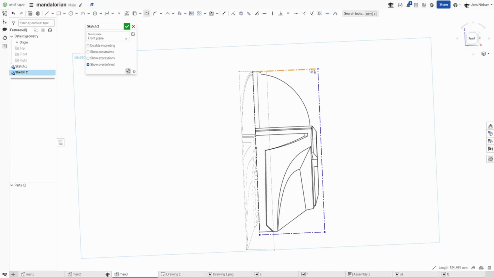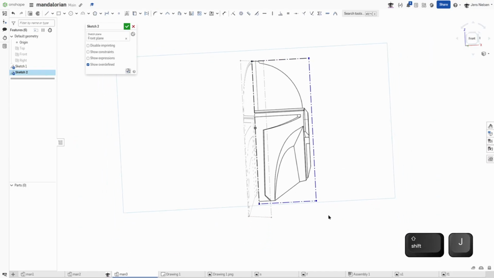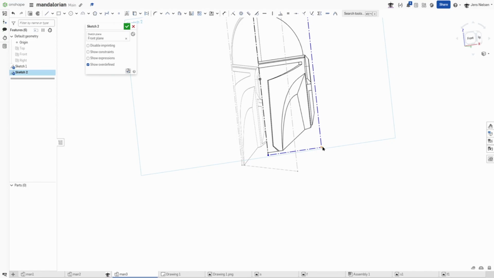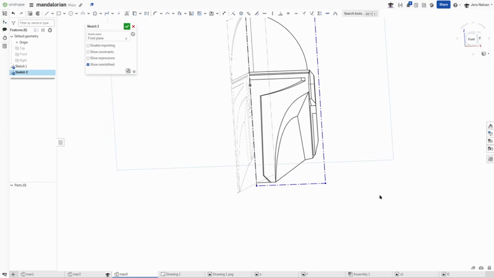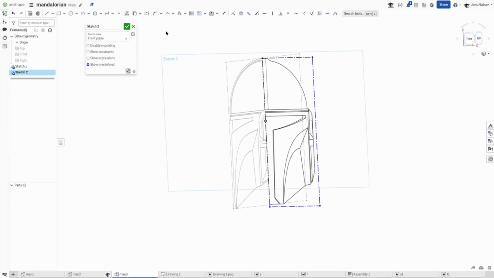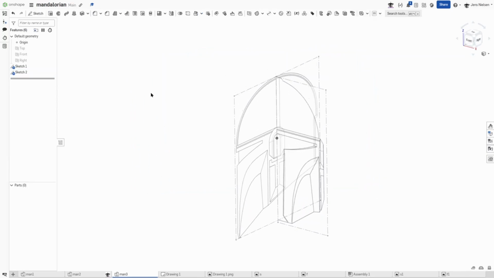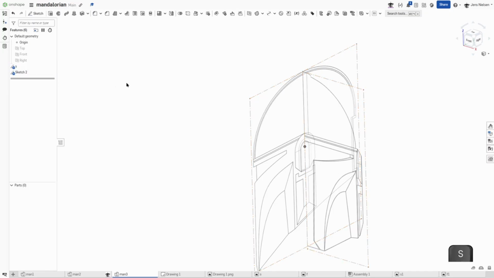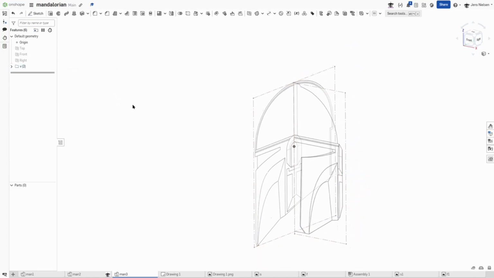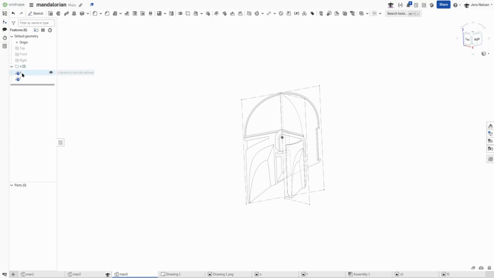I can fix that and pull that out to about here. All right. I'll rename those sketches. That's the side sketch, that's the front sketch, and then I'll add that to folder views,